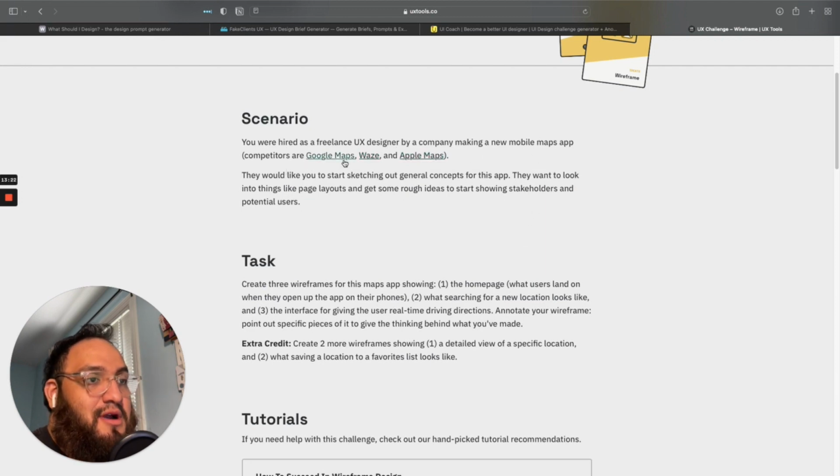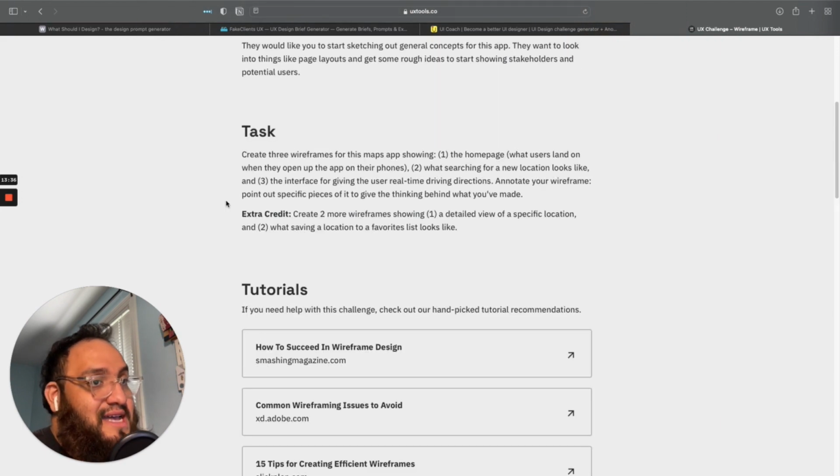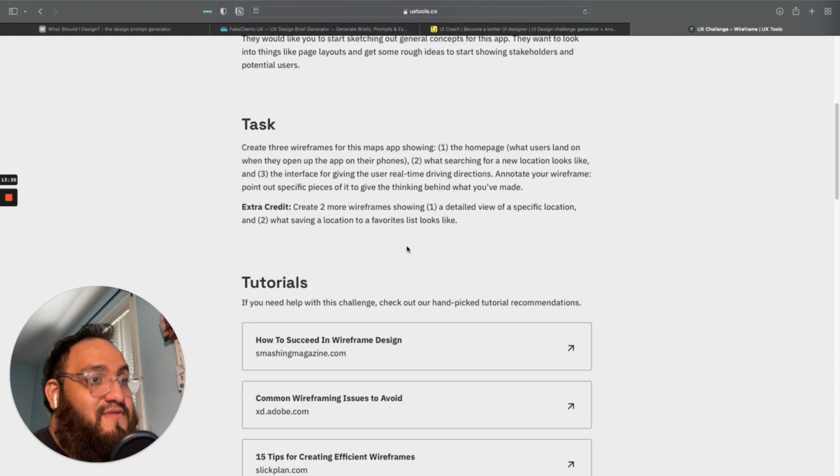Your competitors are Google Maps, Waze, and Apple Maps. They would like you to start sketching out general concepts for this app. They want to look into things like layouts and get some rough ideas to start showing stakeholders and potential users. There you go. So your task is this: create 3 wireframes for this map app showing the home page, what